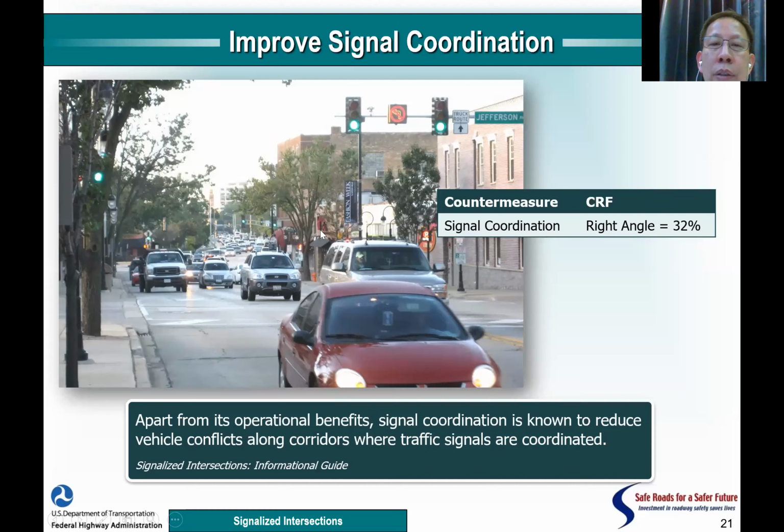Signal coordination, yeah. So it's good too in urban areas if you have many signals installed along the street. You don't want to have lots of delay at intersections. You want to let the traffic flow at the same time. Okay, and it's good for pedestrians too to have a good gap to cross the street. Okay,